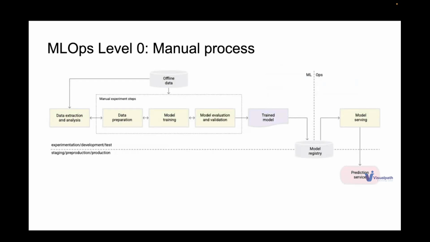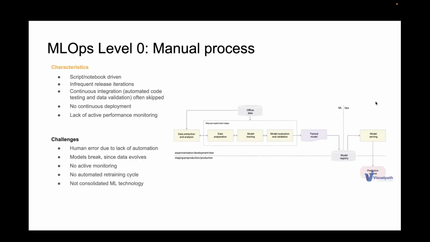So this is the MLOps zero manual process. We won't invest much time on it because we saw this yesterday. I just want to recap: we have the ML team here, the ops team here, and we need to integrate these teams. That's why we have MLOps. The integration between these two teams means whatever is developed, we need to quickly push into production without much manual intervention.